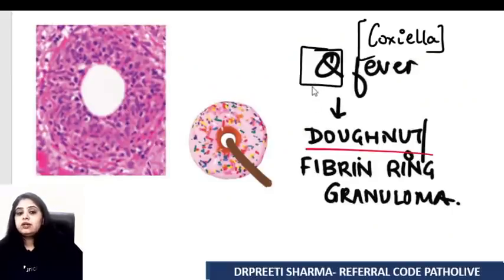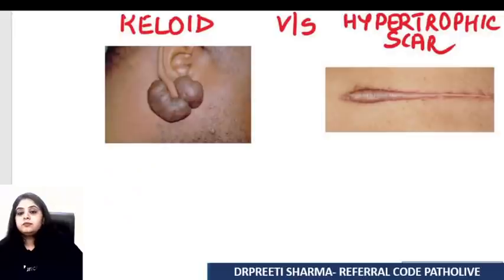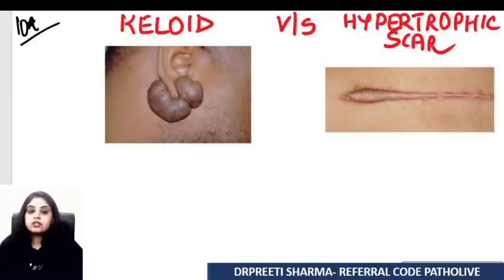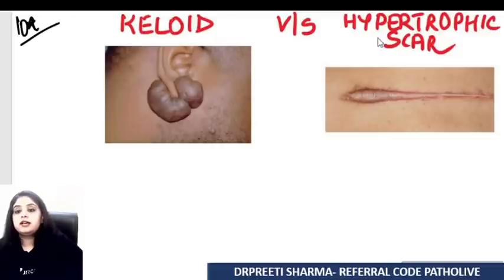Let's move ahead. There's one more set of images that you need to know before we end this chapter, and that is one of the most, I would say, 10-star questions. Even in your theory, I told you that this is a topic which you cannot afford to leave before the exam. You have to revise it, the stages of wound healing, the different questions that have been asked, all of which we've studied in our theory section. But certainly what we have to revise over here is going to be the difference between a keloid and a hypertrophic scar. First and foremost, keloid that I see over here, for example, this patient underwent an ear piercing, a trauma, and then developed this excessive scar.